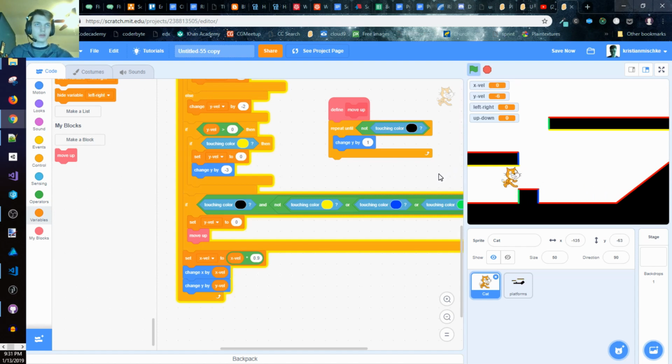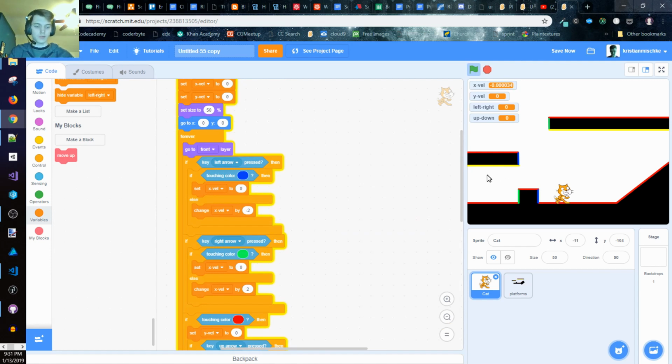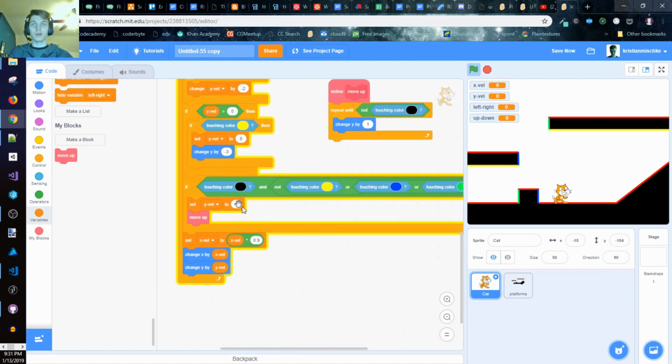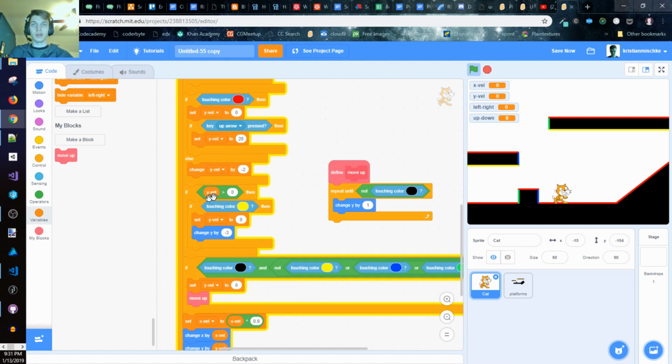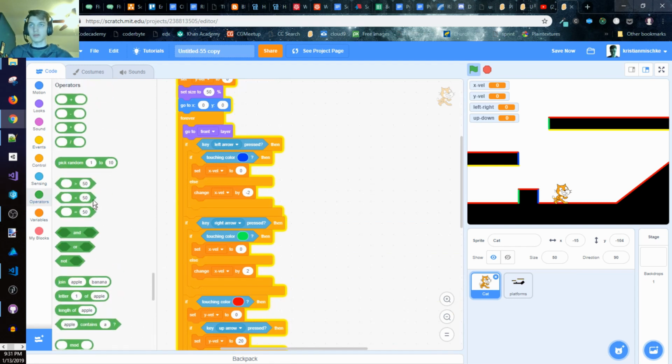So now everything seems to work as expected, except for when he moves left into that blue for some strange reason. Aha. There's a bug where if I push left and then I let go, then he can go through it, right? Because over here we're saying if we're pressing the left arrow. What we should be saying is if we're moving right, just like if we're moving left, or if we're moving up for this yellow one. So to make things perfectly how they should be,